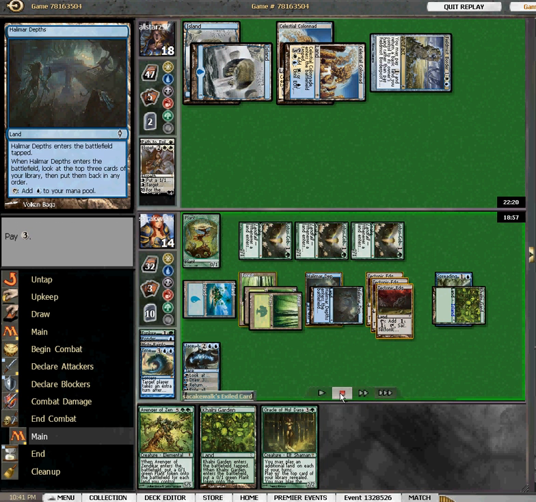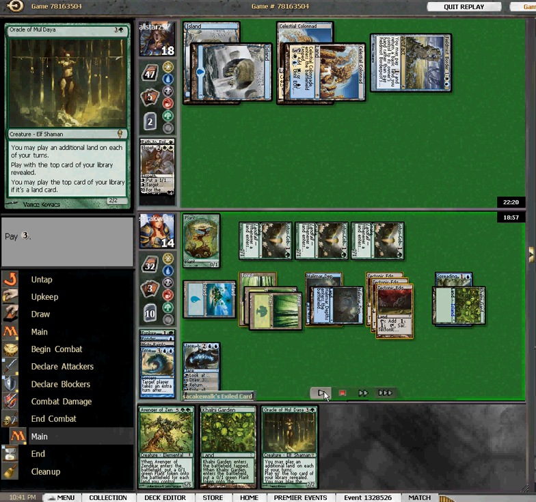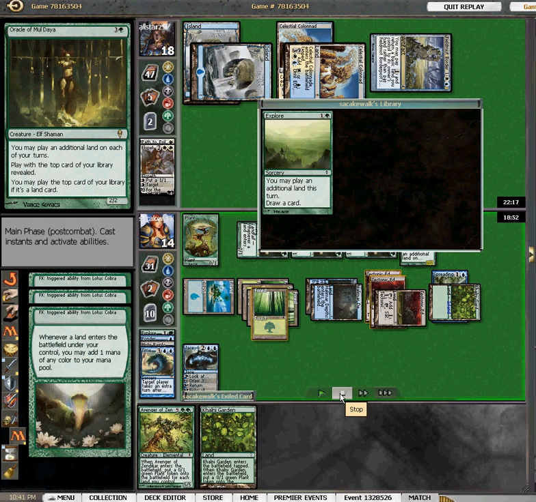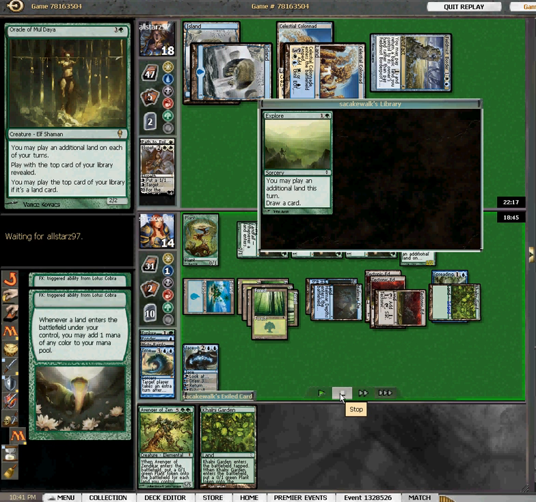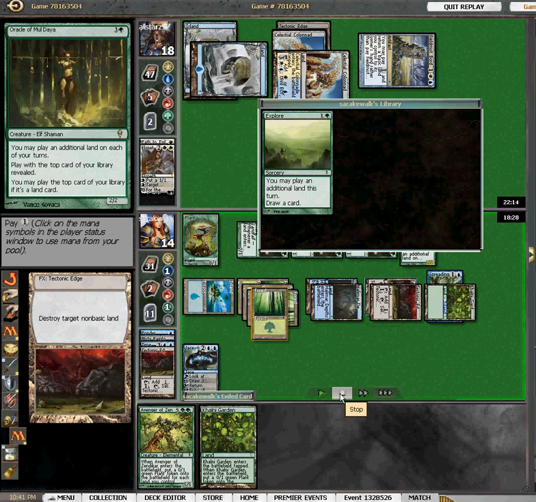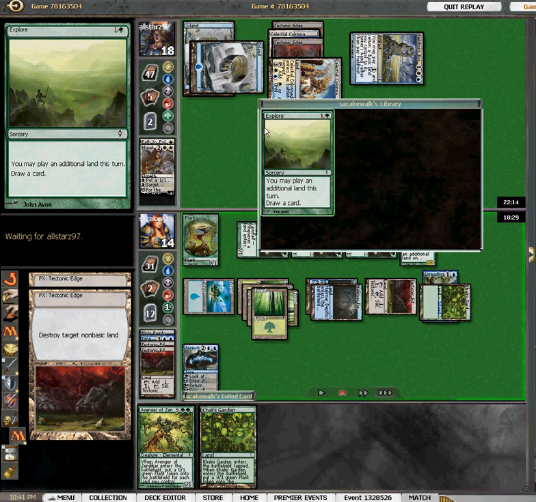I Jace the token back to his hand in case he has another Elspeth and wants to trade Elspeth for Jace, which I don't want him to be allowed to do. My Jace is too important, especially with Oracle. I could play garden here, garden and Avenger, but obviously that would just be throwing all my guys away to a Wrath. Instead, what I do is